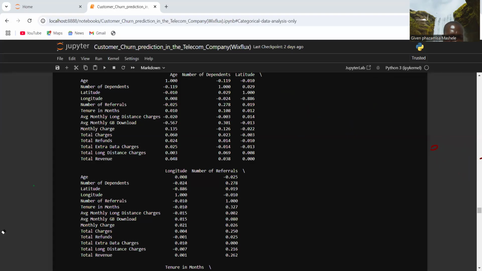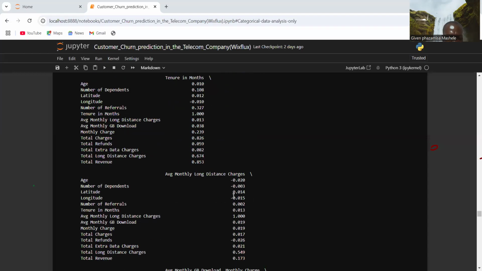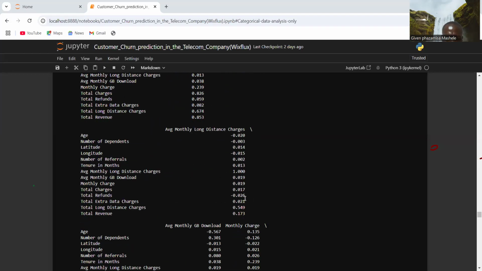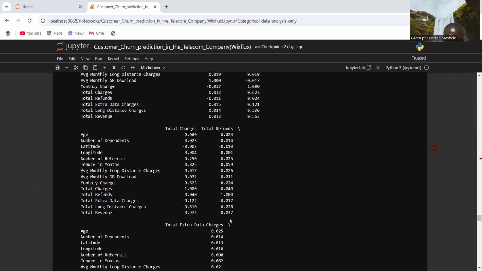What I've done here is show the correlation between the variables. Since we have a lot of data, we'll try to analyze this. If you look at this data, you can easily see that the majority of these are not highly correlated. It's only if you compare the correlation between total revenue and the total charge that there is a very high correlation. You see around 97%,